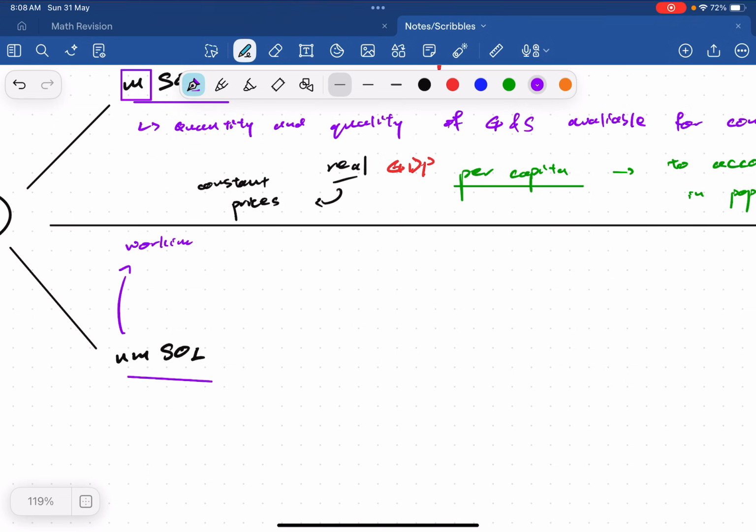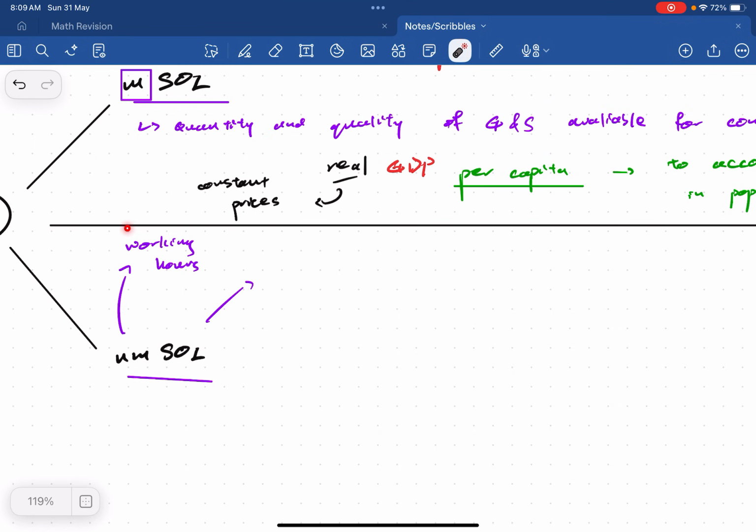This is important, because later on when we are talking about the trade-offs between MSOL and NMSOL, in order to increase the productive output of the economy, people need to work longer hours. So their MSOL might increase, but the trade-off or the unintended consequence is actually NMSOL will decrease because people work longer hours, they are sad, their quality of life is lower. So therefore NMSOL decreases. You can also talk about things like stress level,